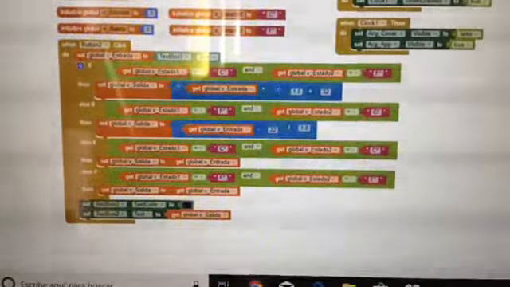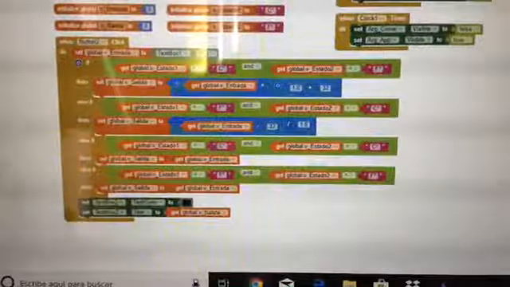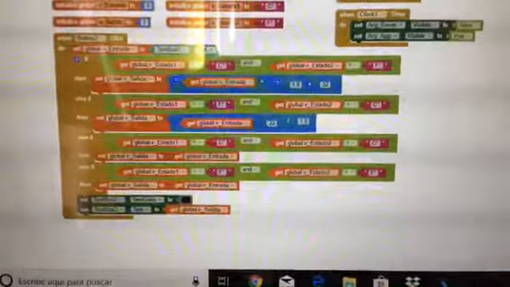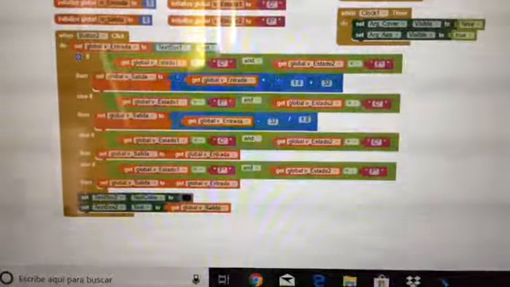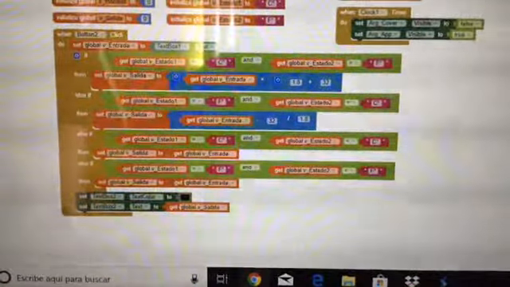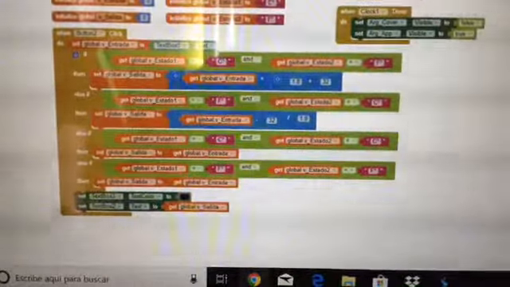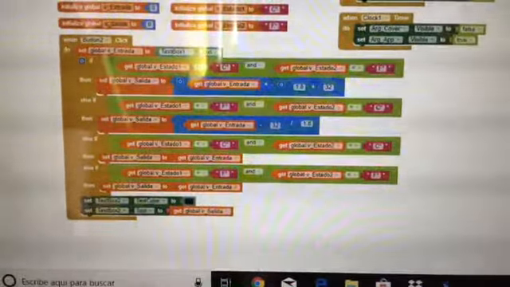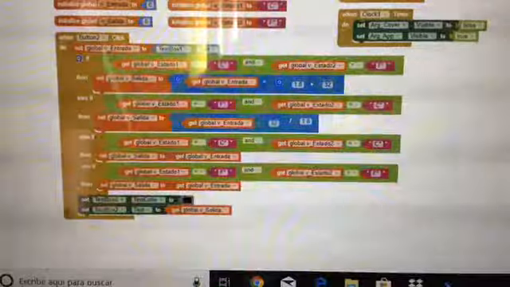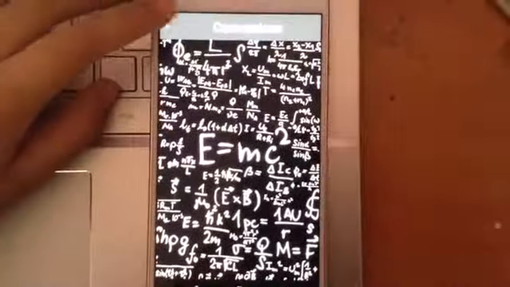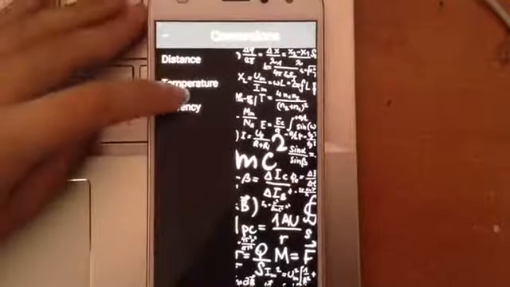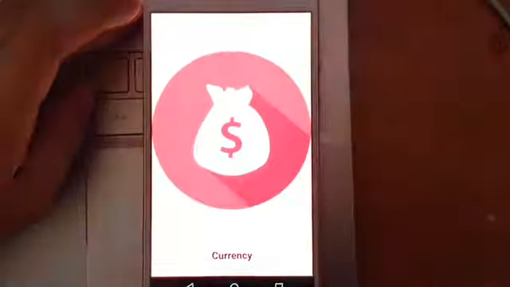So if we want to change Fahrenheit to Celsius, we have to take entrada, subtract 32 and divide by 1.8. So we go to the principal screen, and if we want to change currency,